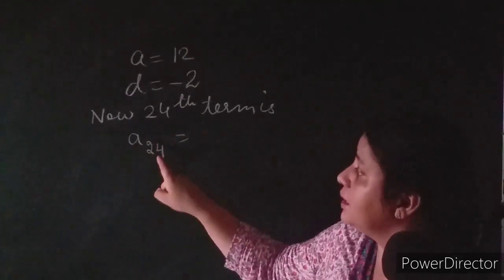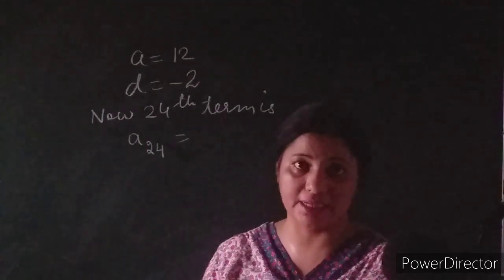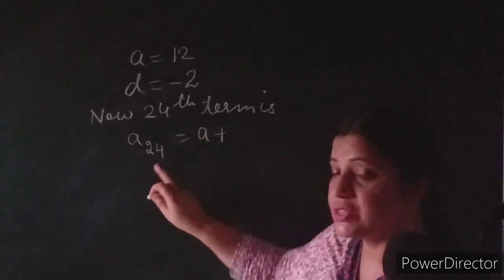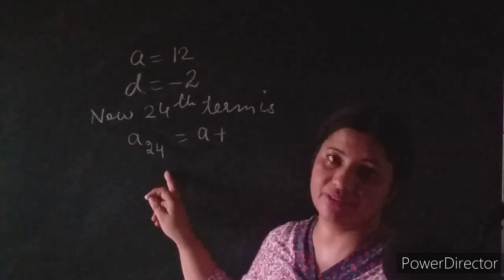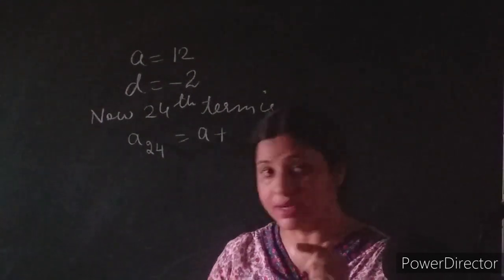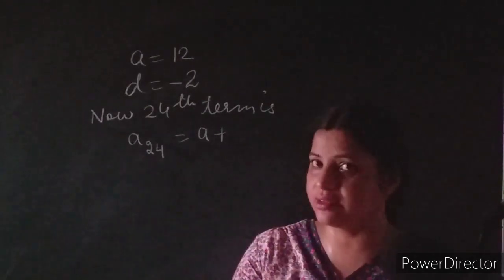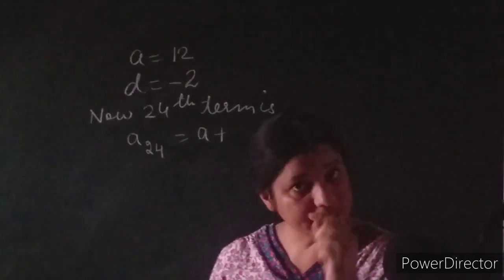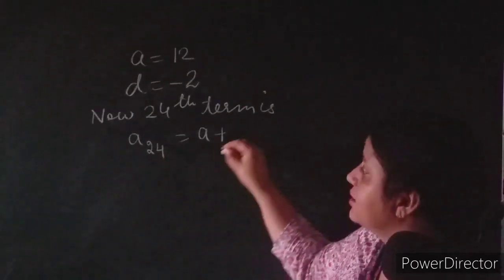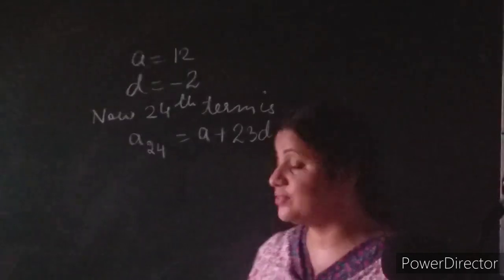A24. Right. Now, I told you that the formula is always A plus D, A plus 2D, A plus 3D. So it means the 24th term formula will be A plus... If it is the 24th term, students, very important thing, please see carefully, the coefficient of D would be 1 less, as I already told. If it is the nth term, the coefficient would be n minus 1. If it is the 100th term, the coefficient would be 99. This is the most important thing in this whole chapter. 24th term means the coefficient here will be 23 and D only. This is the formula of the 24th term.